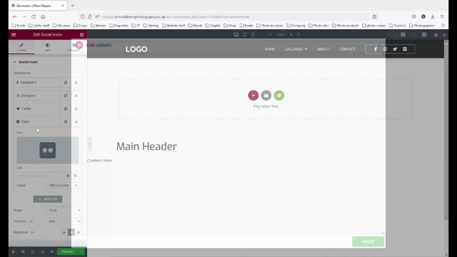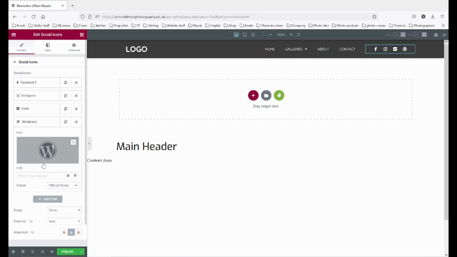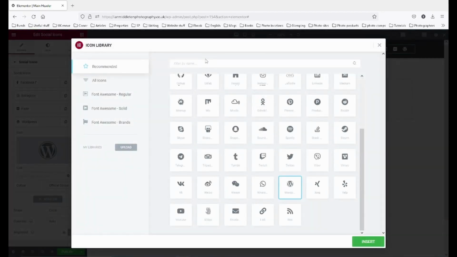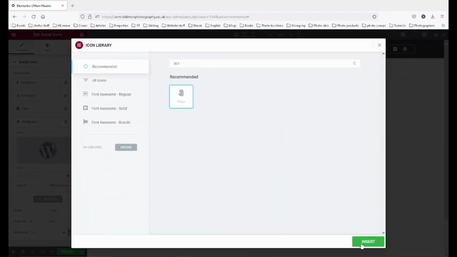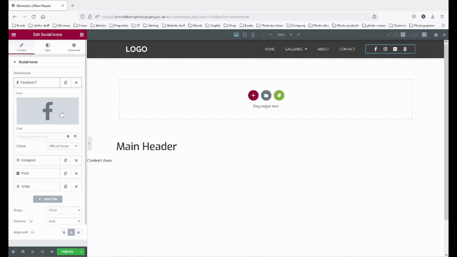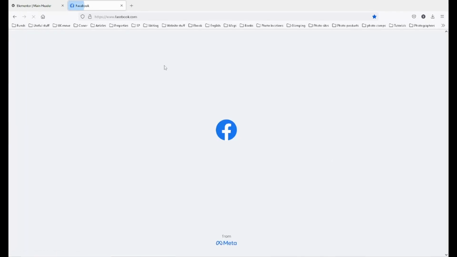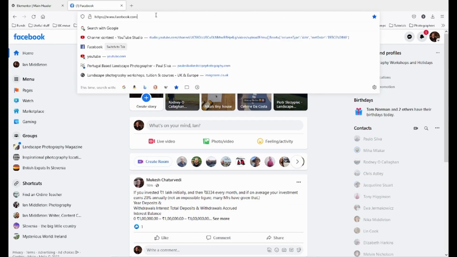We've got Flickr. We want to get rid of Twitter. 500px, for example. So all of your social media icons can go up here like this, and what you do is you open it up and you put the link to your profile page on that particular social media website. So in my case, for example,